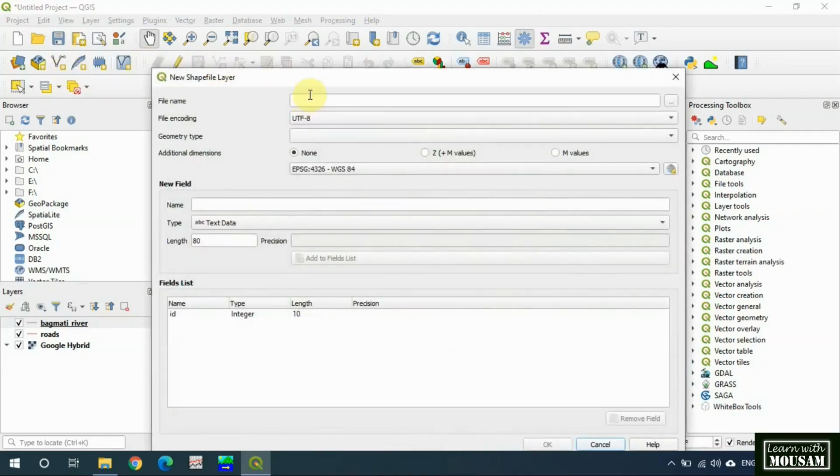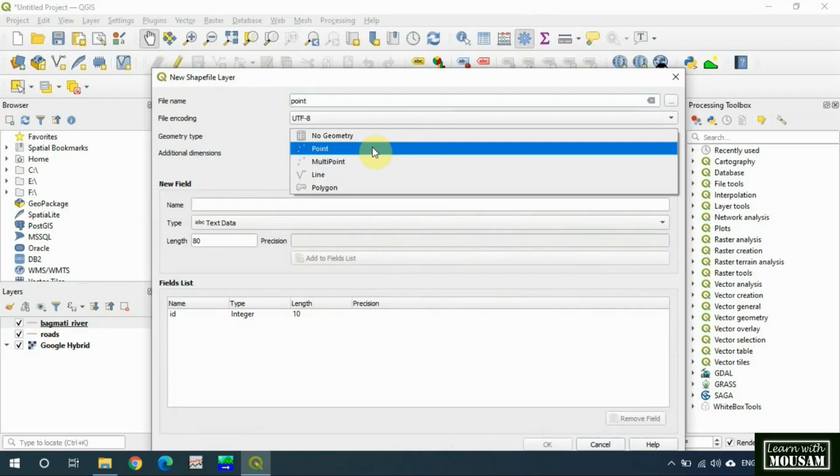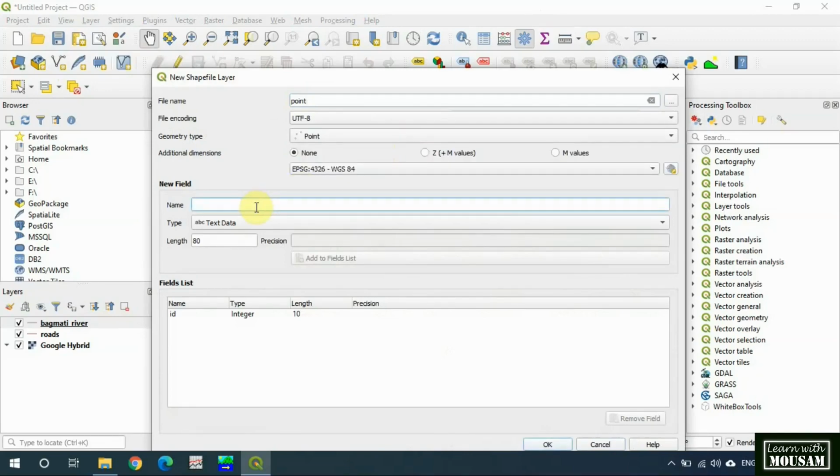Now let's make a new shapefile with point feature. Select point and give a new field name as place name. Add to field list. OK.